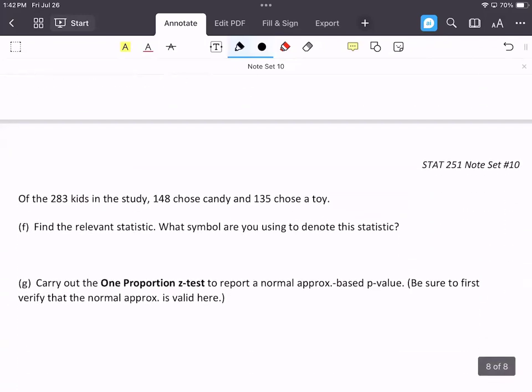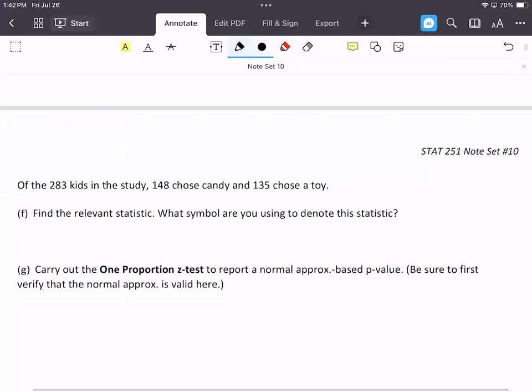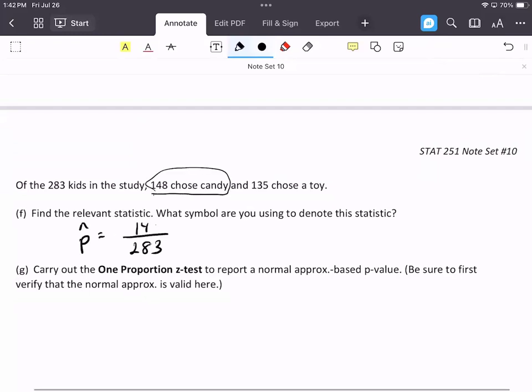And you're like, well, how would I get the counts? Here's where I was told: of the 283 kids in the study, 148 chose candy and 135 chose a toy. Now, given that I'm testing candy, find the relevant statistic. What symbol am I using? Well, I'm using p hat, because remember that is the statistic related to a categorical variable. This is where once again I have to think, okay, I'm going to be testing candy, so I'm going to look at the 148. If you said, well, what if I want to test toy? Then you would just put 135 instead in there. And I got